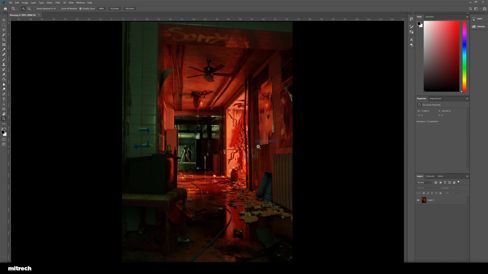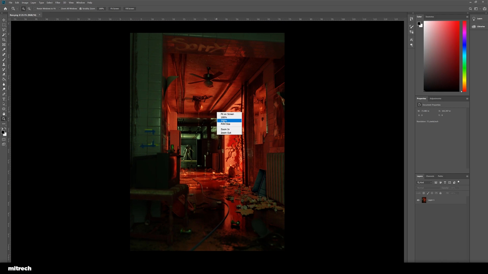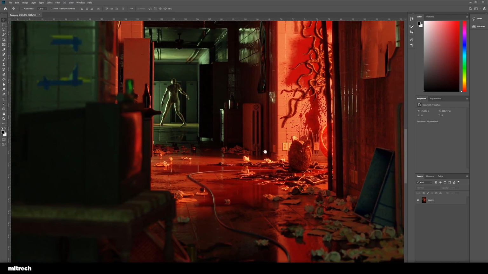Right, so I've rendered the scene. Now we are in Photoshop and we are ready to do the compositing and post-processing. So what I like to do is render in passes. I get the raw render, I get the AO pass, and I get the fog pass.